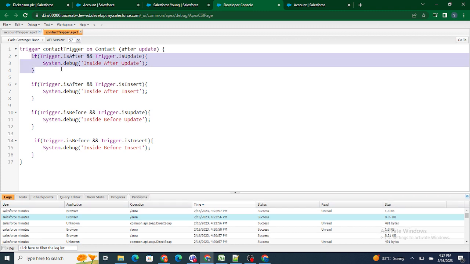Whenever you have to run code only in after update, and you have all the contexts here, let's say after update, after insert,